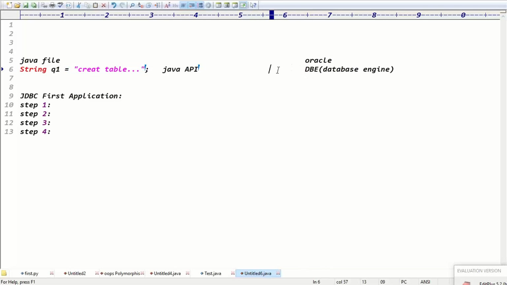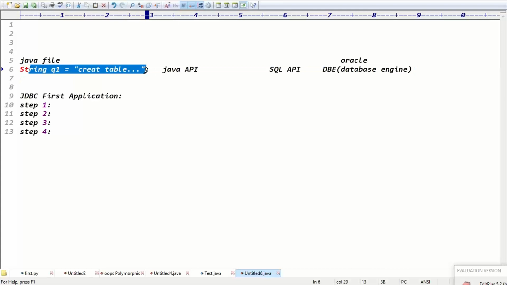But what type of queries does the database require? Tell me. The database can understand only SQL API queries, right? Guys, because the database doesn't know what is a string, what is a semicolon. The database requires only a plain query, right? Yes or no? Basically, in a JDBC application, we are writing the query at Java side using Java rules and regulations, Java syntaxes. But who will execute this query? The database will execute the query.